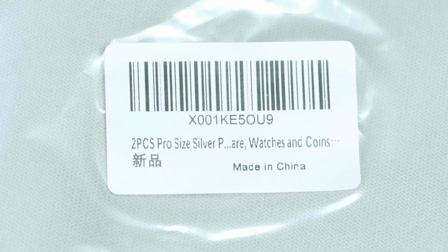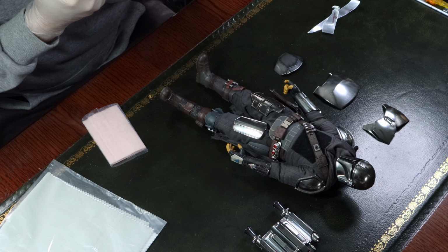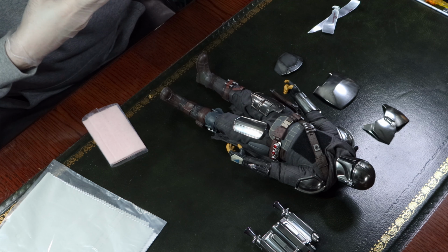In other Mandalorian related news, not really news, but just to let you know what's going on with me, I am trying to resist buying the Bo-Katan Hot Toys figure after episode 2 of season 3 of The Mandalorian. She never really was on my radar before, but now after that episode where she guided him through the Mandalorian, right, anyway, trying to resist getting Bo-Katan,